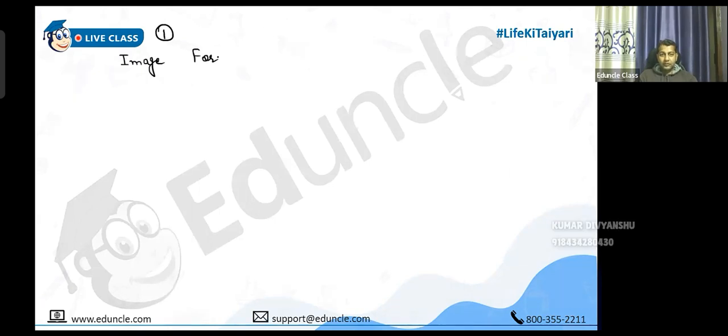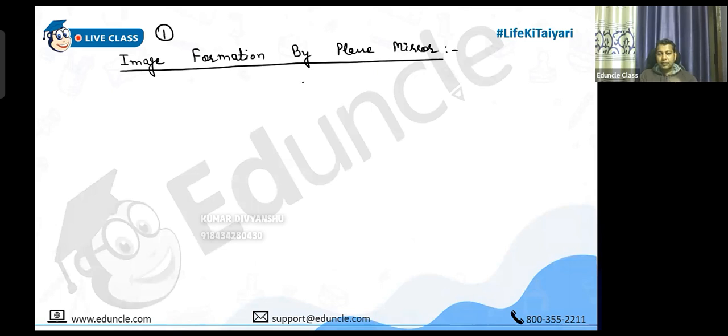Let us study about mirrors. First of all, we will discuss the plane mirror and then the spherical mirror. So what is special about the image formed by the plane mirror? We already know that the image formed by